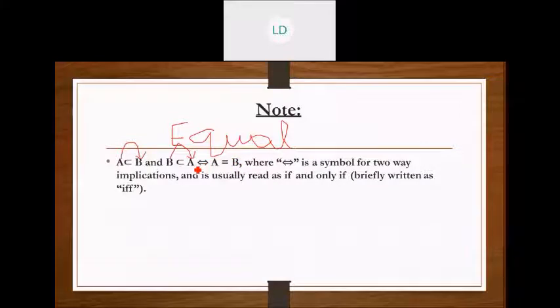Now we have the if and only if condition. What is the meaning of if and only if? If and only if means the double implication. Implication means if this happens, then only that will happen, and if that happens, then only this will happen. So if I give an example, if I tell you, if you understand the topic sets, then you can